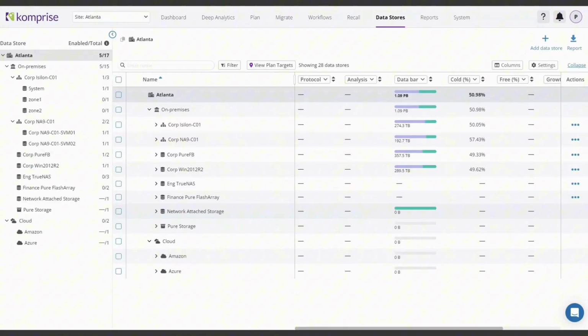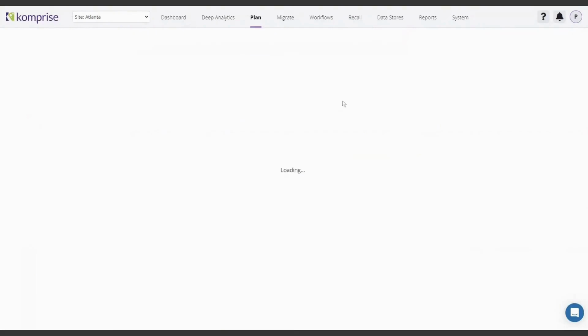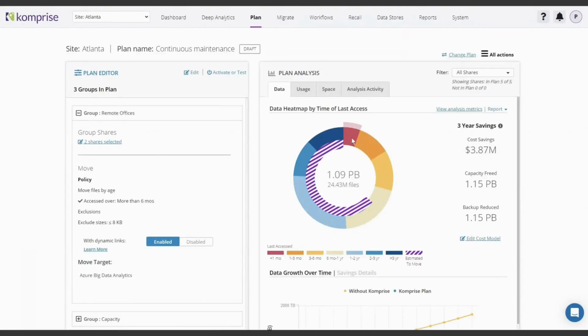Once Komprise has analyzed the data, we give you aggregate information about how much data you've got across different, we call them age ranges. So you may have data that's very hot data. It's been accessed within 1 month, and we show you how much there is. And across different age ranges, as the data gets cooler and cooler, you can see very quickly how much data